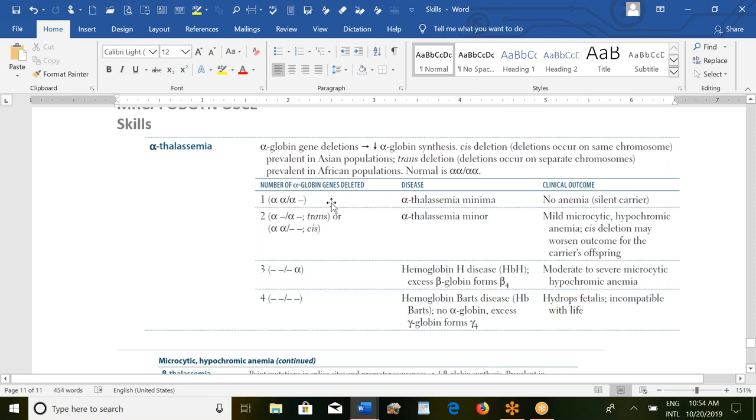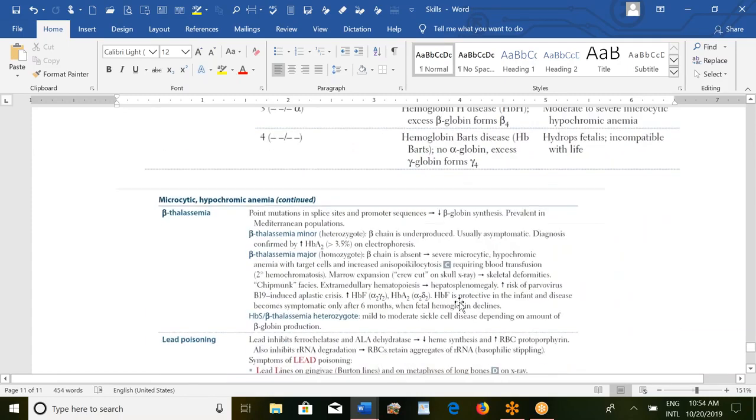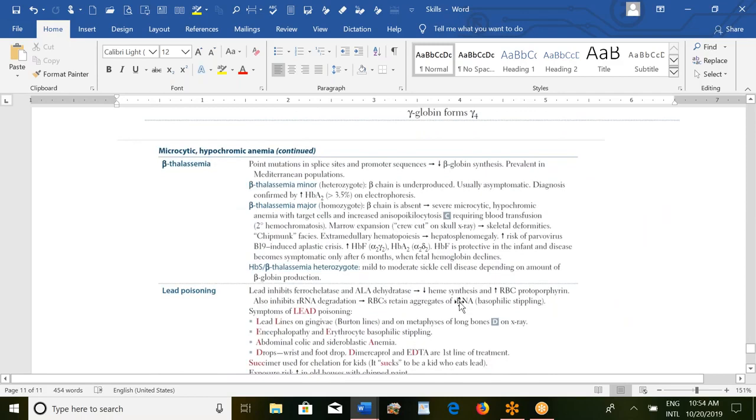If one chain is abnormal, nothing, a carrier. If two chains are abnormal, yes, mild anemia. And then severe anemia, and then the fourth condition, incompatible with life. So similarly, if they give you beta thalassemia, your patient can show absolutely normal findings, or they can show microcytic